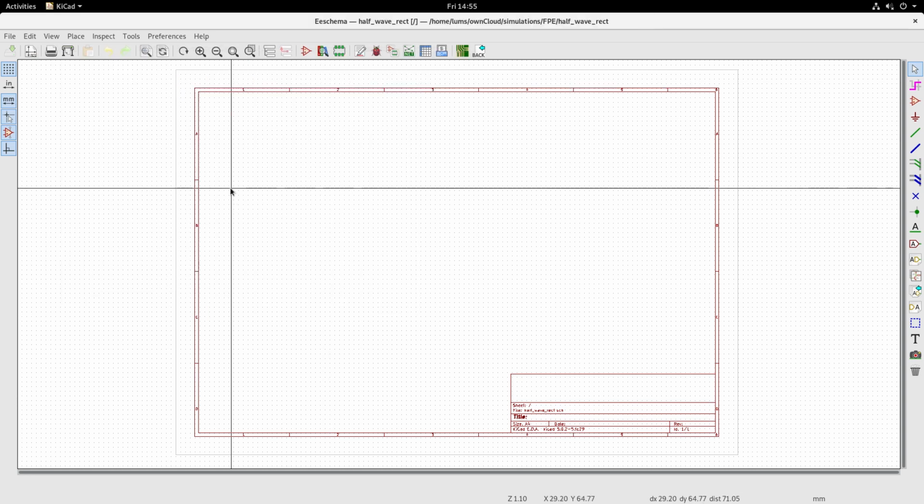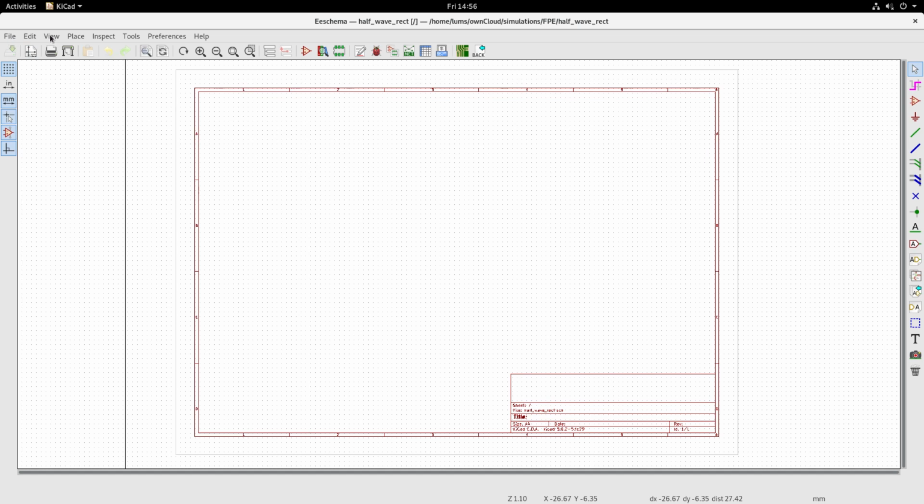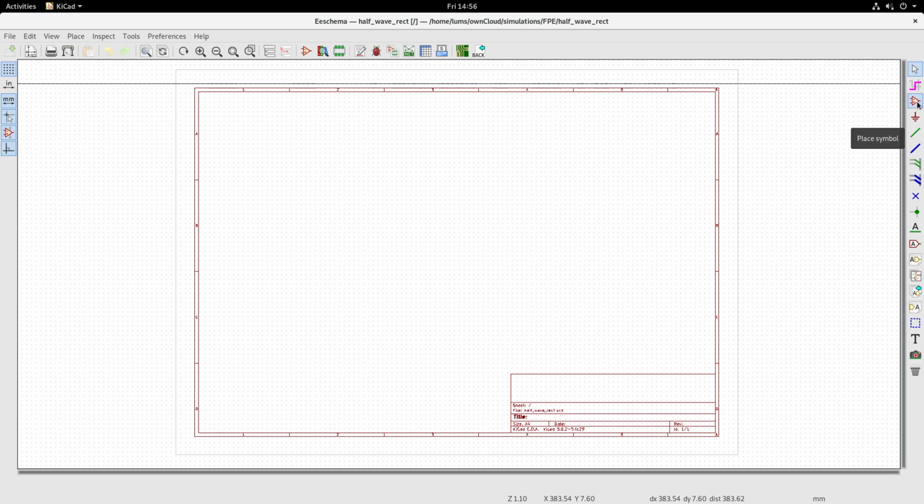So now this is the schematic file. Try to get yourself familiarized with the various menus here on top, and on the right hand side you have the important icons, where this kind of an op amp or a gain block icon is the place symbol icon.